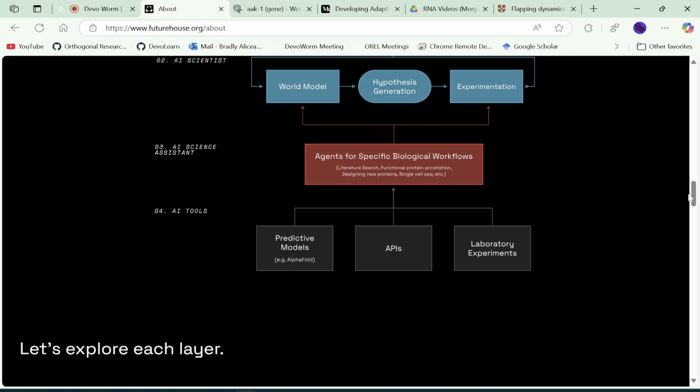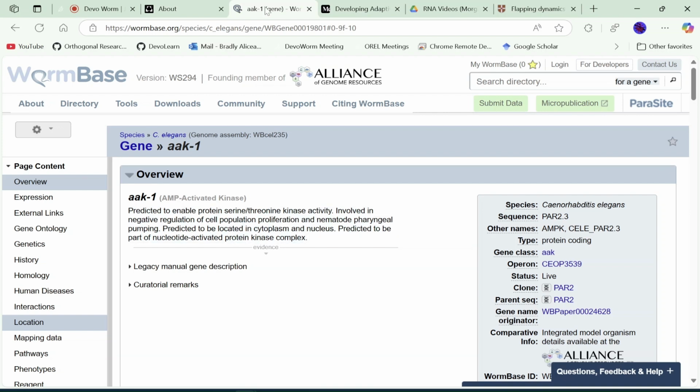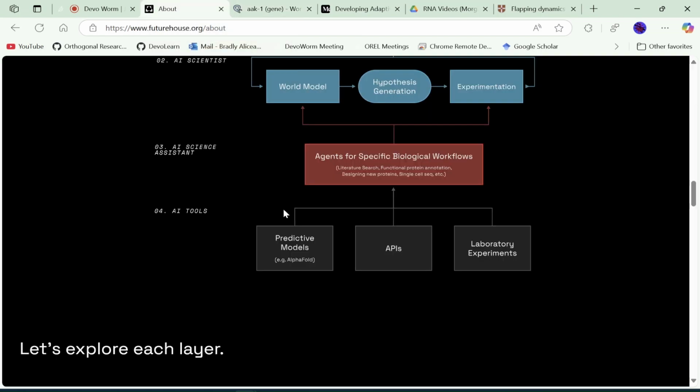So this is kind of like the community tool I showed you, Wormbase, which has the API and the laboratory experiments. They just need the predictive model aspect plugged onto that to find relationships between genes or something. Because we do a lot of next gen genomics, we get a bunch of data, but the whole point of that is to synthesize it and find insights. But oftentimes we just see some sort of UMAP and then people make statements about it and that's it.